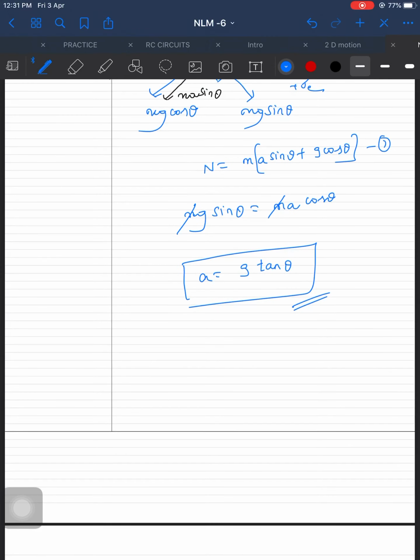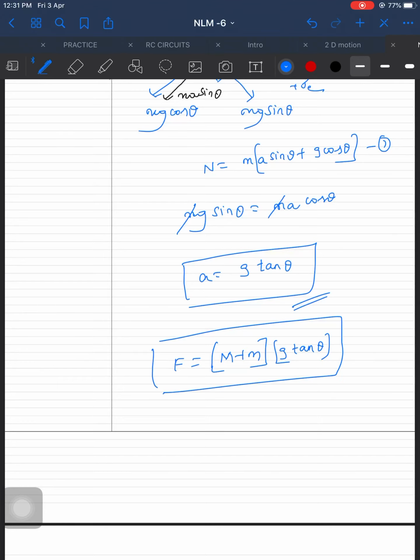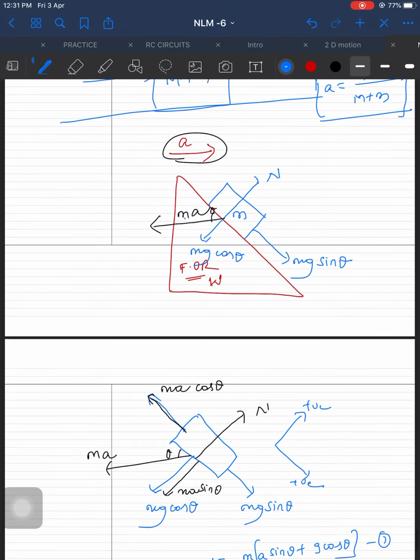And the question here asks what the force value is. Force is equal to ma, right? Capital M plus small m, and A is equal to g tan theta. With this force, the block will